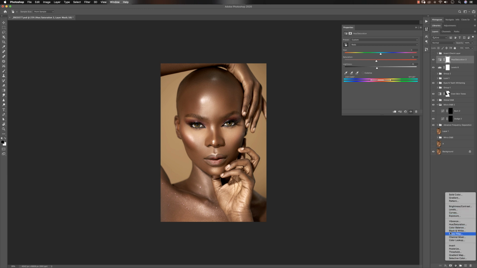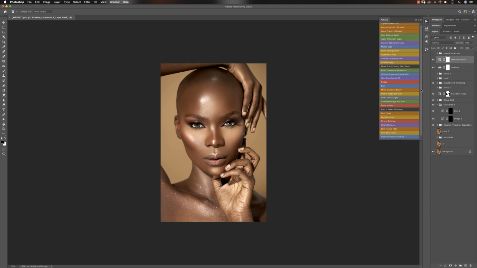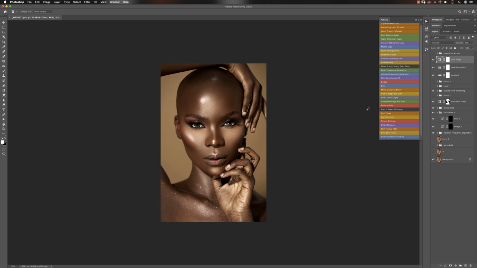And the next thing I would like to do is use one of my actions. So if you guys have my retouching essentials pack, then that's good for you. So I am just going to click on rich tones, and it adds this really nice rich tone to this, and I'm just going to pull this down to 20, my opacity, and also I will go to color lookup,